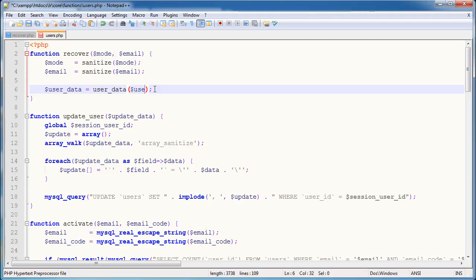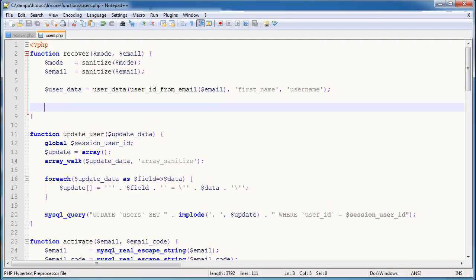Now usually a user ID would go here, but we don't have that, so we need to use this function that we've just created. So I'm going to call this function within this function. So user ID from email. The email we obviously know, and the fields that we want to get come after. So I'm going to grab the first name just so I can address the user in the email that we're sending to them, and obviously we need to grab their username because that's what we are giving the user in